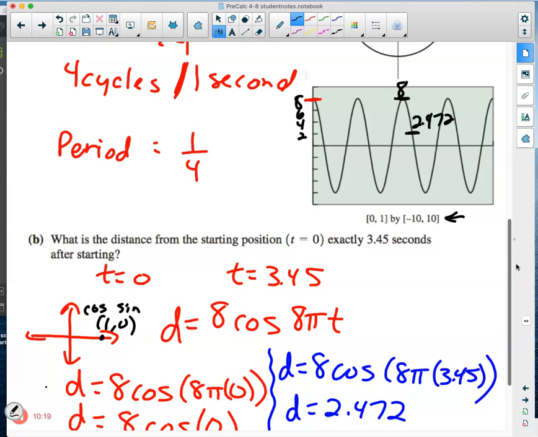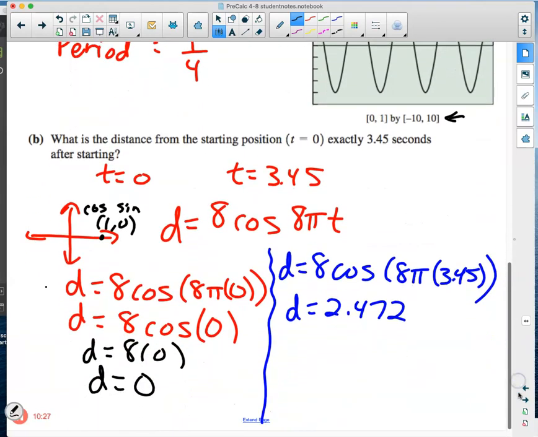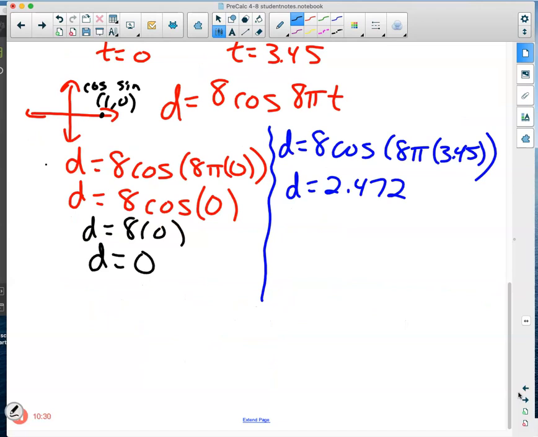And what we're supposed to do is figure out how far it's traveled. What is the distance from the starting position, exactly 3.45 seconds after starting? So we need to subtract those two. 8 minus 2.472, which will be about 5.528